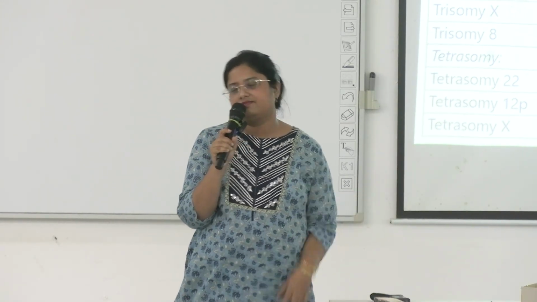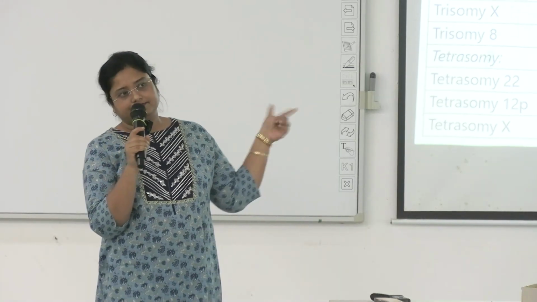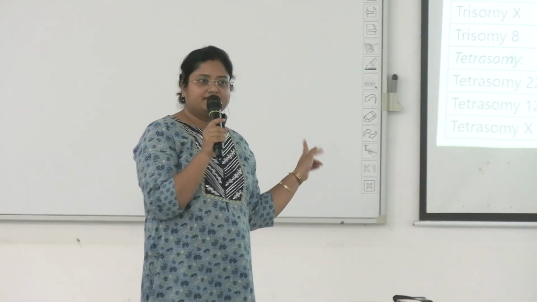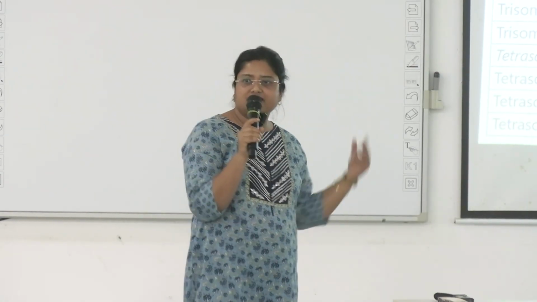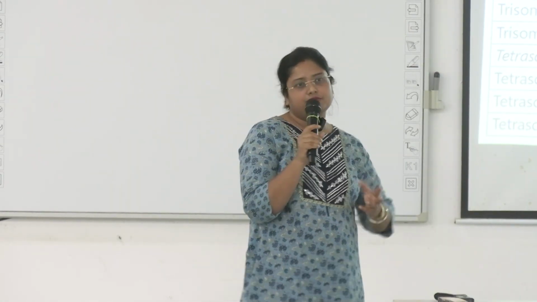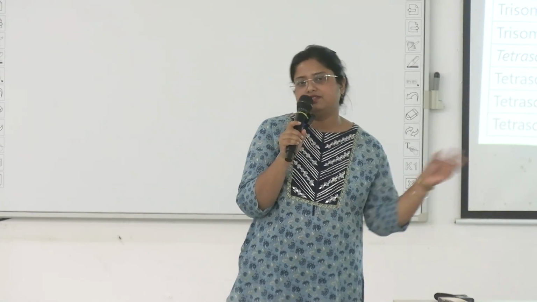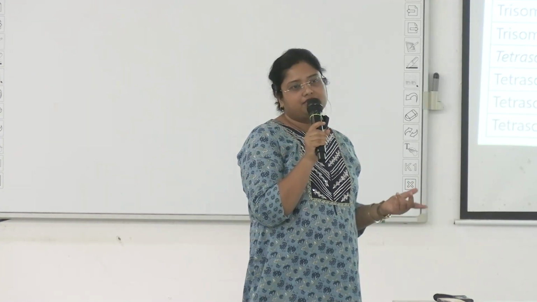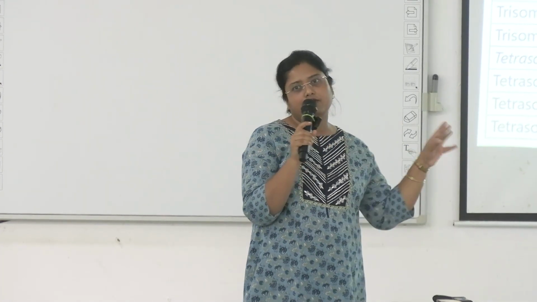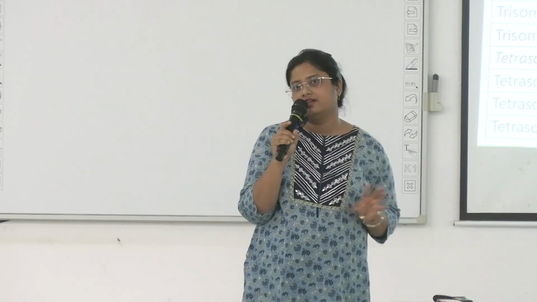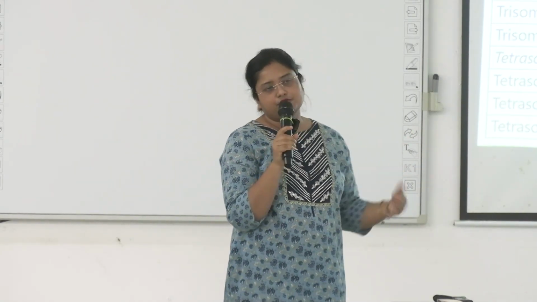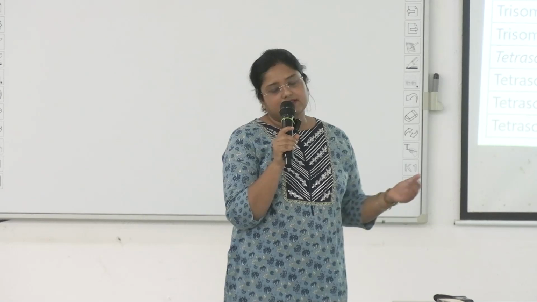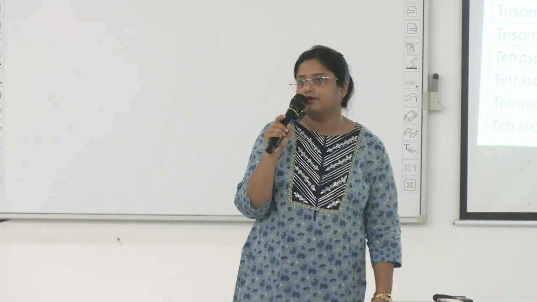Genomic imprinting and numerical aberrations, all these are important. Numerical aberrations, all these are important syndromes. We'll discuss those syndromes gradually. Down syndrome, Edwards syndrome, Patau's syndrome, Klinefelter, Turner, all are important short notes. Okay, you have to know the clinical features and their chromosomal patterns. All those you have to know for short notes.